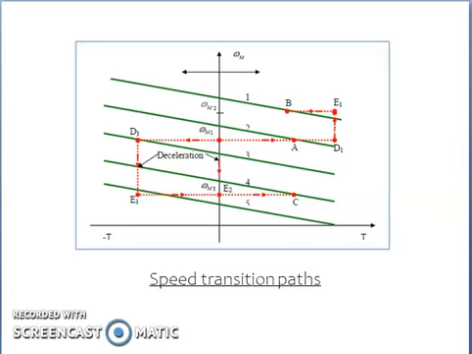Motor operation in deceleration mode is required when a decrease in its speed is required. As per our equation of torque, that is T is equal to TL plus J d omega by dt, deceleration occurs when the load torque exceeds the motor torque. In those applications where load torque is always present with substantial magnitude, enough deceleration can be achieved by simply making the motor torque equal to 0.